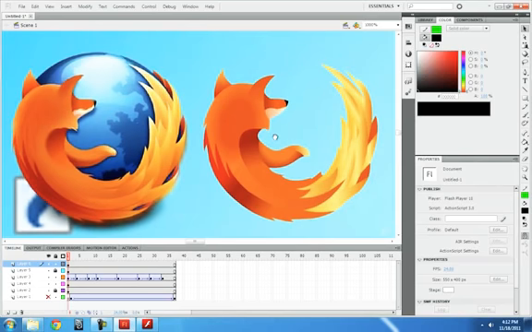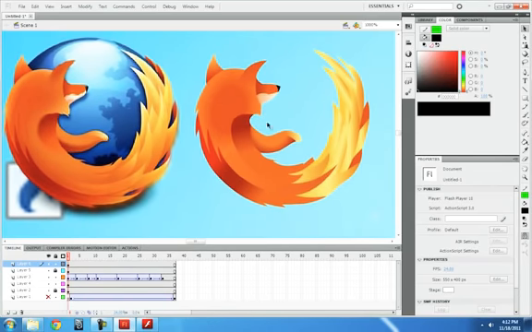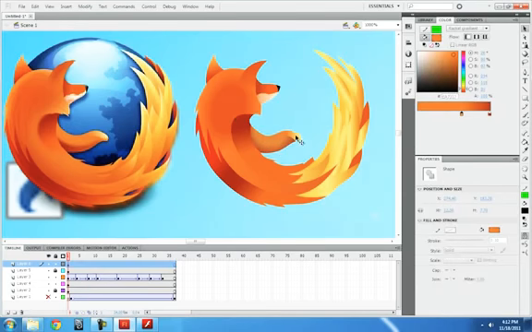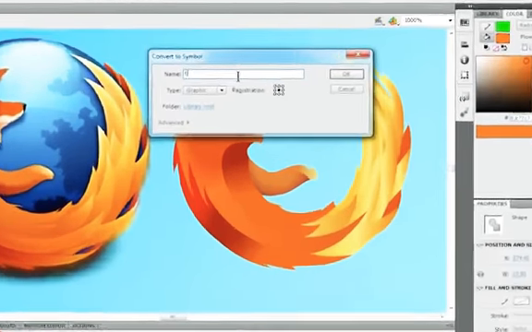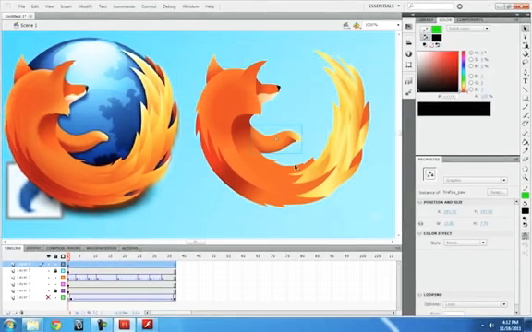So now we have our pieces, and what we got to do is separate them into different layers. So first I think I'm just going to separate the arm or the paw from the rest of the body. So I just select these two, holding down Shift, and then convert it to a symbol by pressing F8. Firefox paw. Now we have that, and